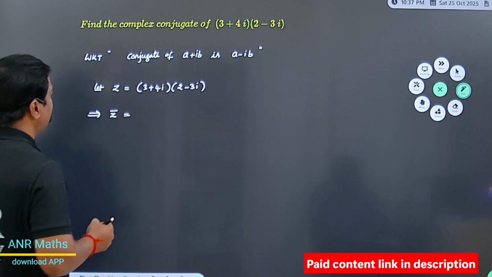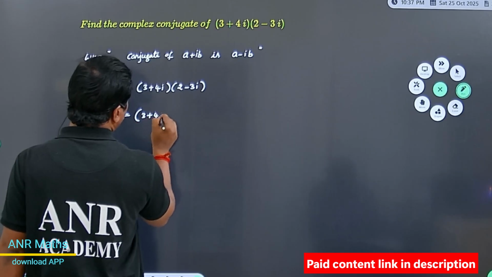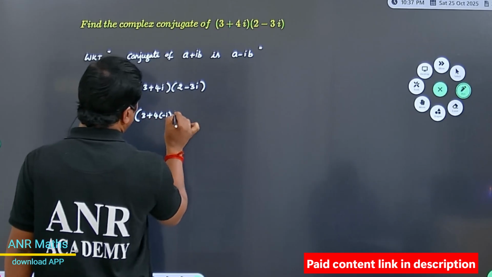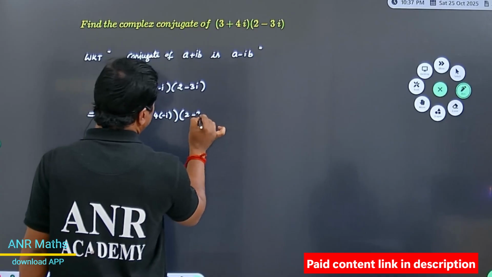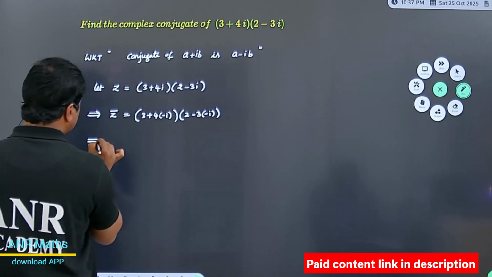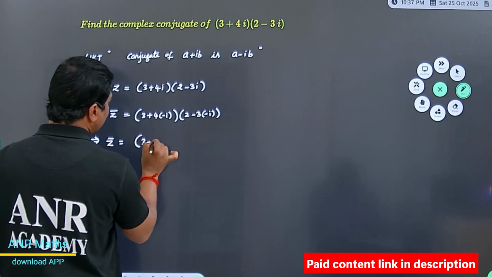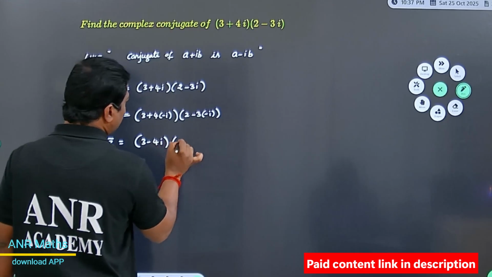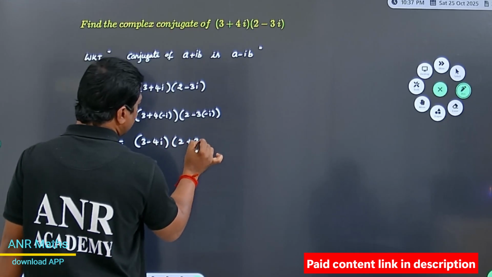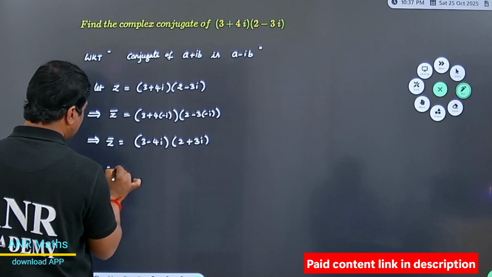You will get it by replacing i with minus i. Here in 2 minus 3i, i is replaced by minus i, implies z conjugate is written as 3 minus 4i and this is 2 plus 3i,